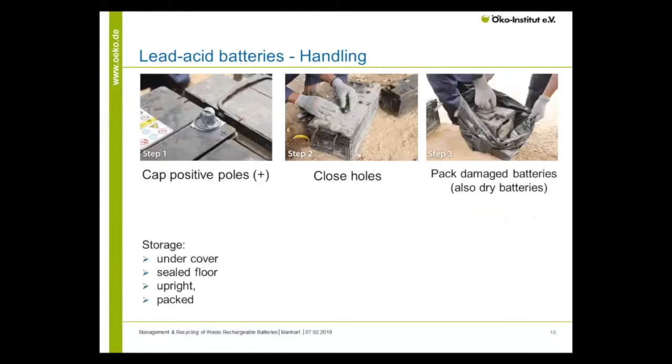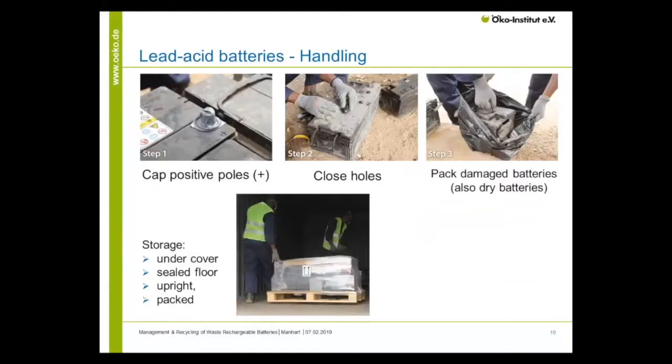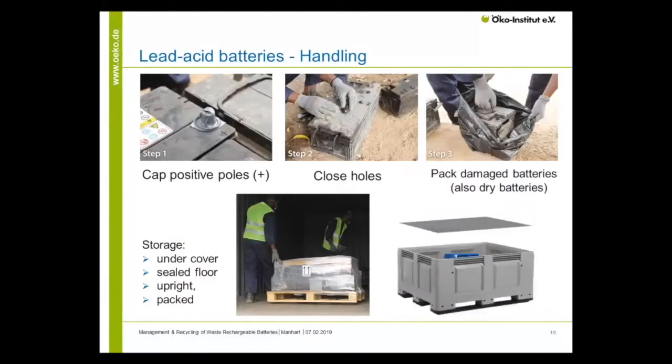Storage: undercover, on sealed floor, upright and packed. It can look like this on a pallet. Don't stack higher than 3 or 4 stories. They are very heavy, so otherwise you will damage the lower levels of the batteries. As a layer in between, put cardboard in case you have a leakage of acid. It will absorb the acid. Other options are boxes, like this, covered of course, and these boxes should also be stored not outside